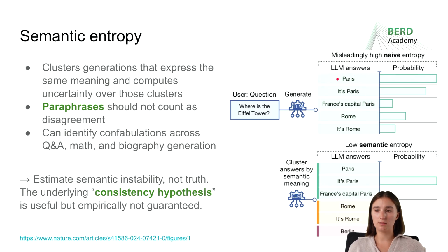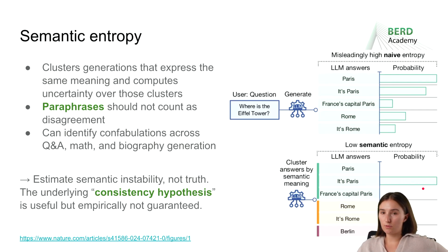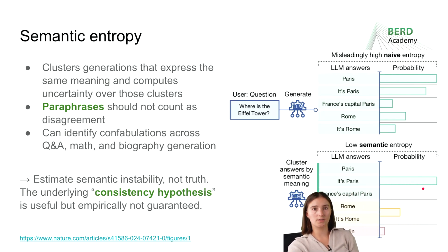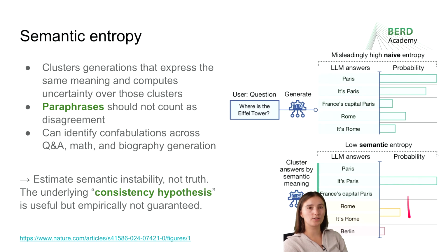But if you look at the tokens, it's just different things that the answer gives you. And if you just look here at the entropies of the answers, you see that there is a high entropy. But now, if you cluster your answers and calculate one probability, wait, I'm moving a little so you can see the other bars as well. If you then calculate the probabilities on the clusters, you can see that here we actually have low